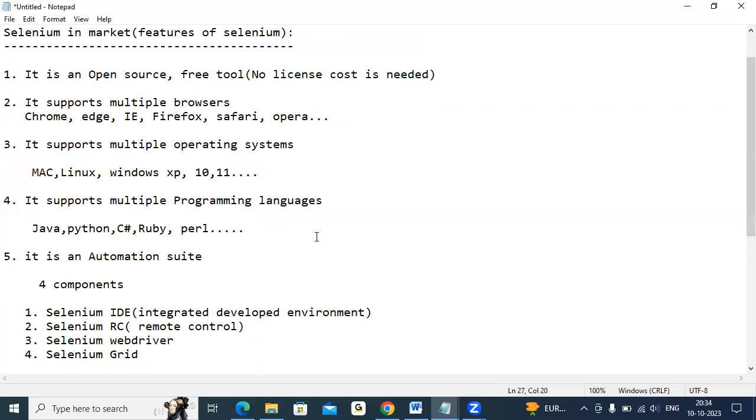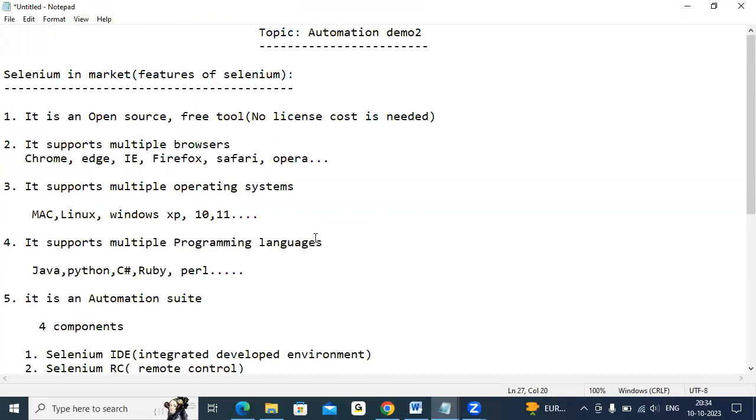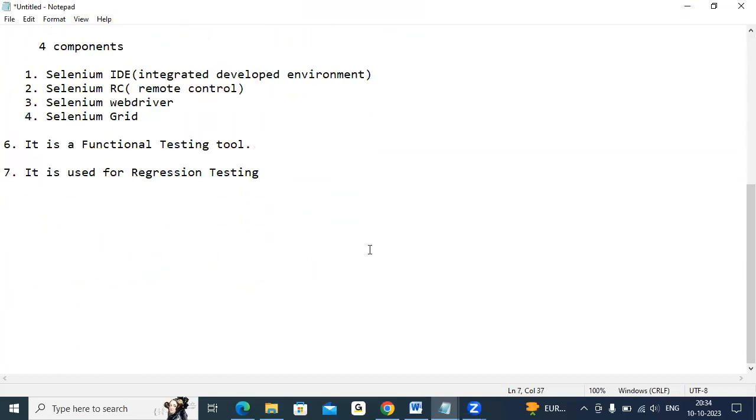This is the reason why Selenium is rocking in the market now, and nowhere is there a free tool which has these many features, these many functionalities, which supports like this. This is the only major reason why this is rocking in the market. Got it? Now, history of Selenium means